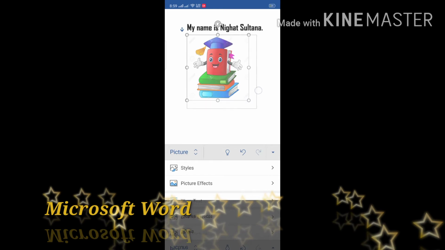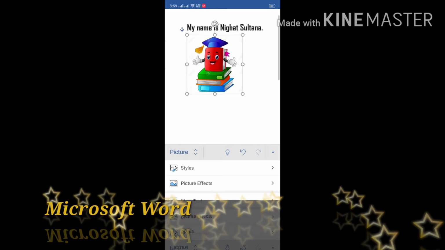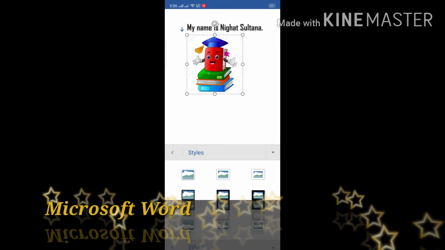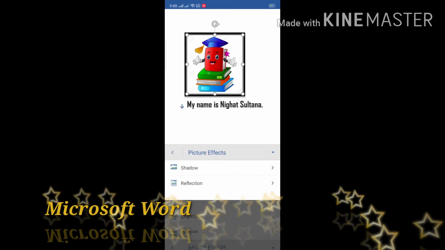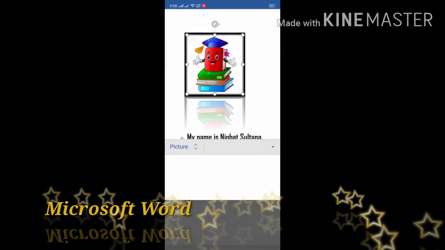After that, I want to select the size of the picture. In this form, I will select the size. If you want to highlight the picture's boundary, its background is white, so I am going to select the black outline, which highlights the picture so it is visible on the page like this. There is a shadow. If you want the shadow of the picture, you have to select it from here. After that, if you want to select the reflection of the picture, different reflections are here. In this form, you will see that there is a reflection of the picture.